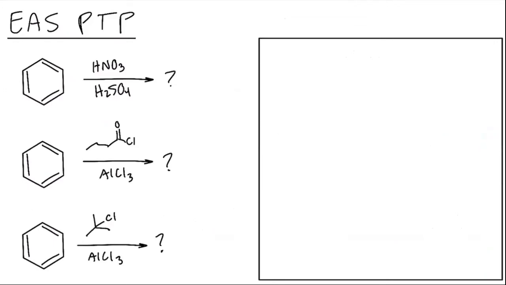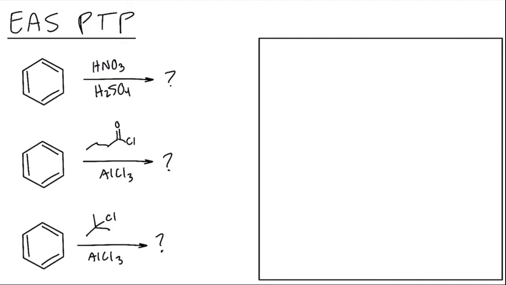So the key here is to identify which reaction we're doing based on the reagents and which group will substitute onto our benzene ring. And then we just need to draw it on there. And because benzene is totally symmetric, you're welcome to draw that group coming in at any position. I'm usually going to draw it pointing toward the top of our ring,